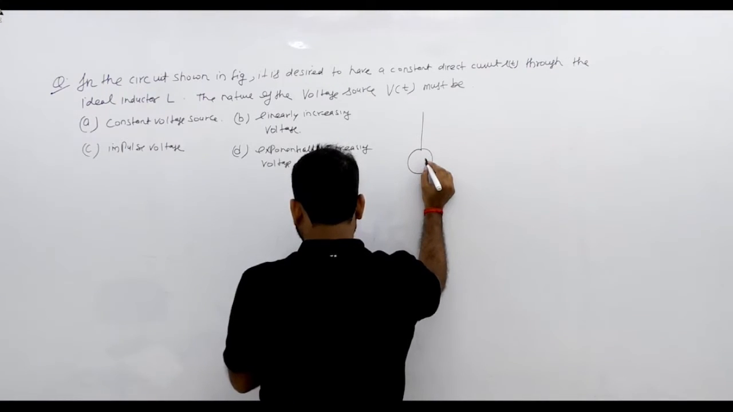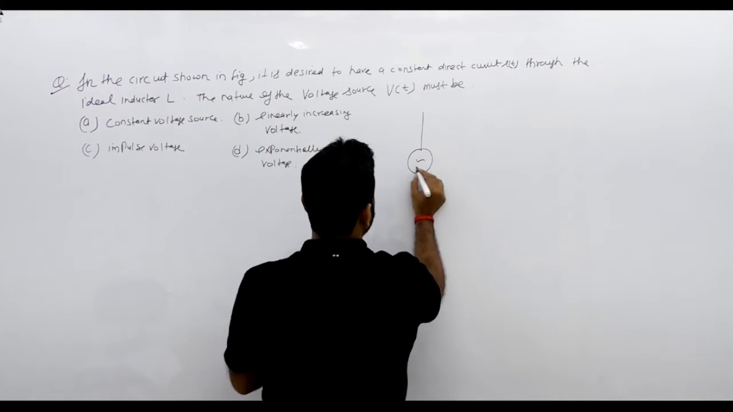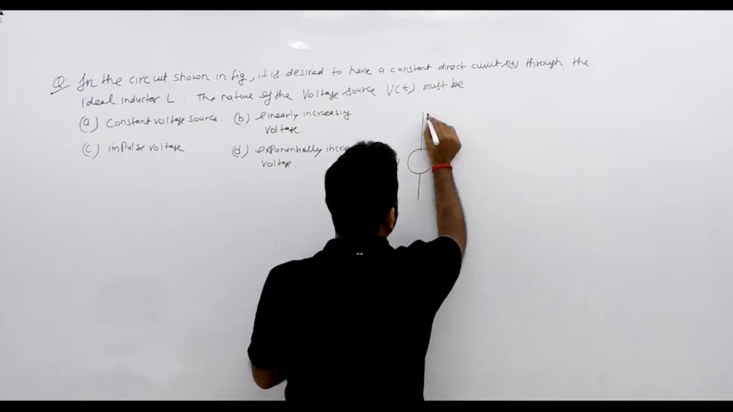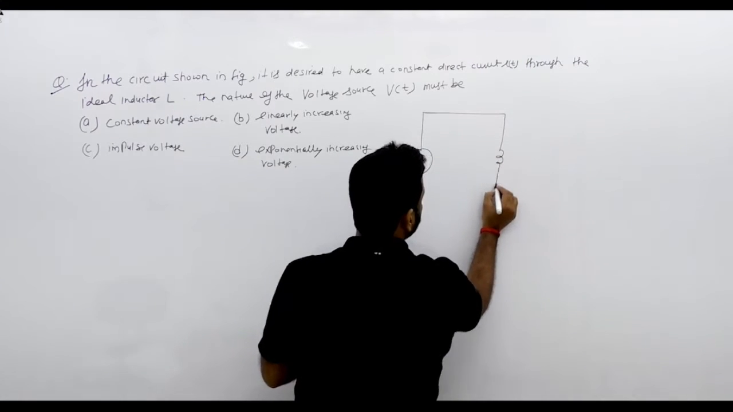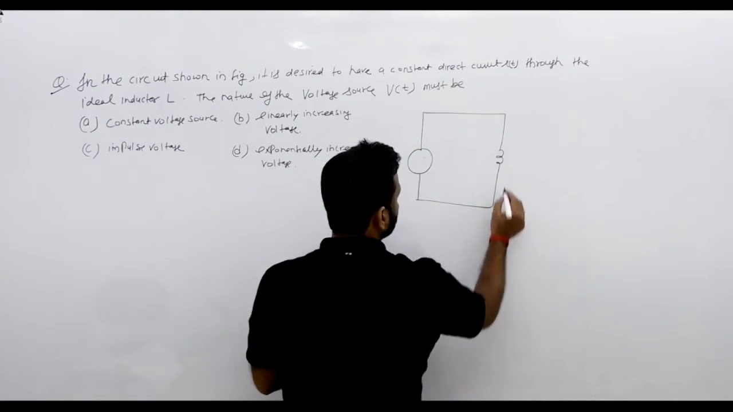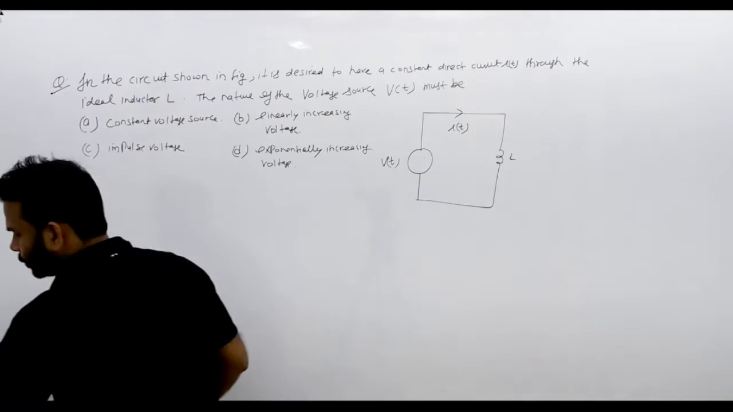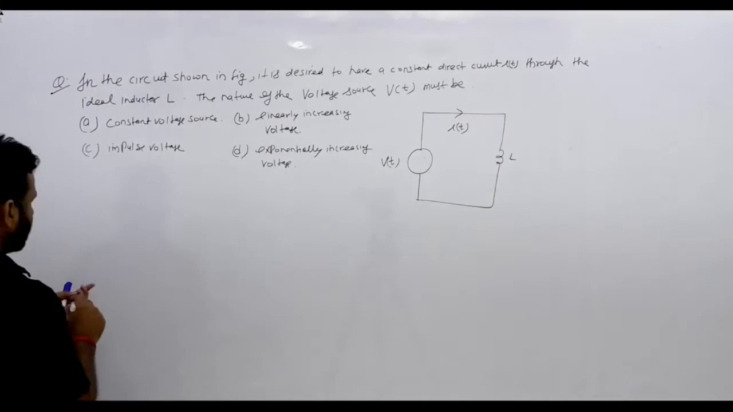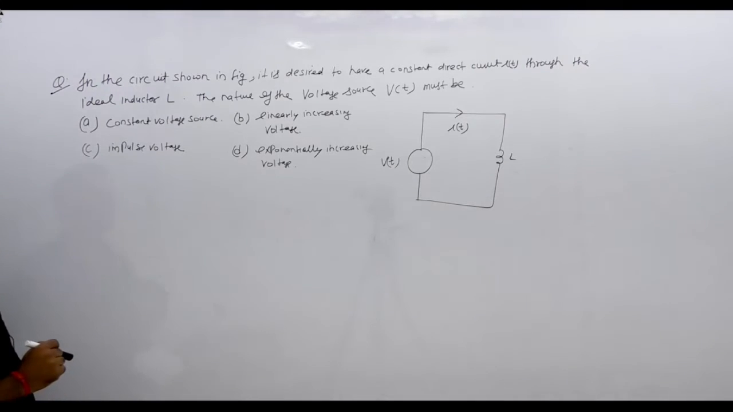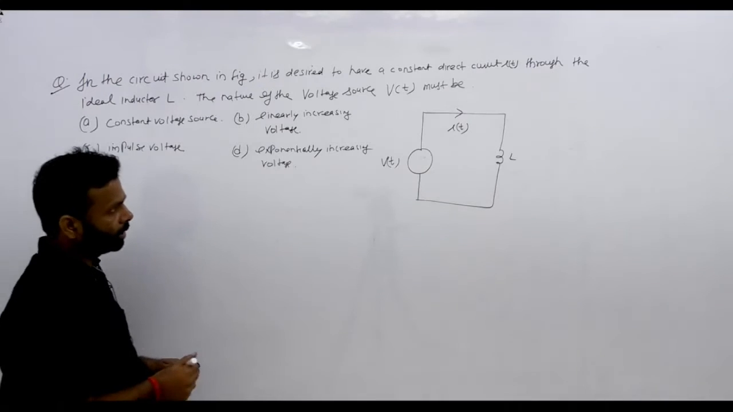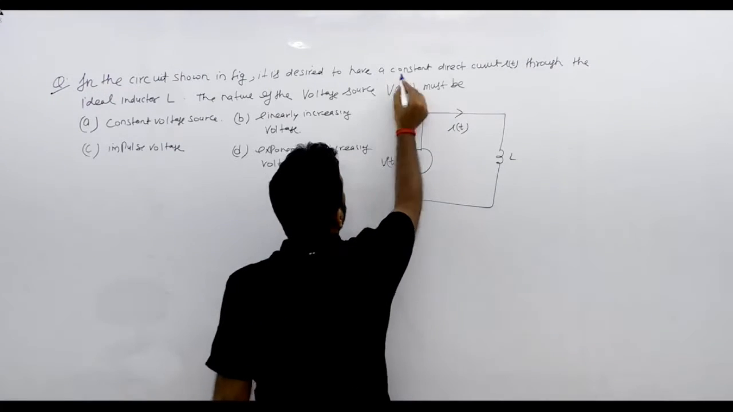सो ये रहे हमारे ऑप्शन। डायग्राम देखते हैं क्या होगा। सो ये रहा हमारा डायग्राम। VT, here I am having the pure inductor, this is L and this is IT। ठीक है यहां तक। So this is your question। So question क्या है एक बार रीड कर लेते हैं। In the circuit shown in figure it is desired to have a constant current।